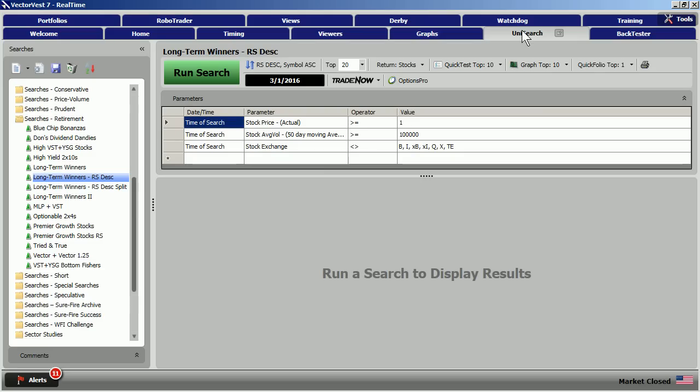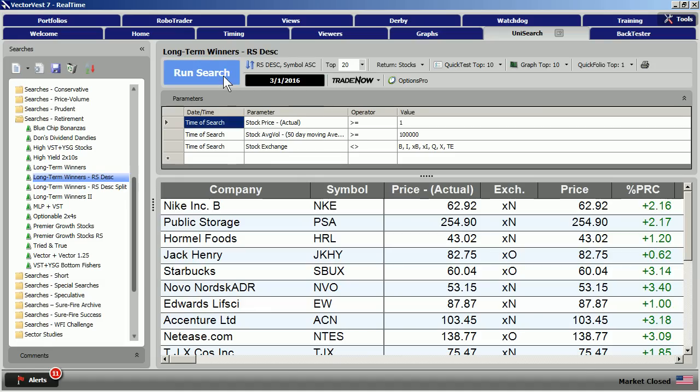And for that, we'll move into the Unisearch tab. The name of the search for that test is Long-Term Winners RS Descending. Essentially what it's doing is taking the entire VectorVest database and sorting it by its relative safety. As mentioned, that test uses confirmed ups as its buying signal. The last one that was issued was back on March the 1st. So if we take a look at the stocks from that time frame and do a quick test of the top 10,